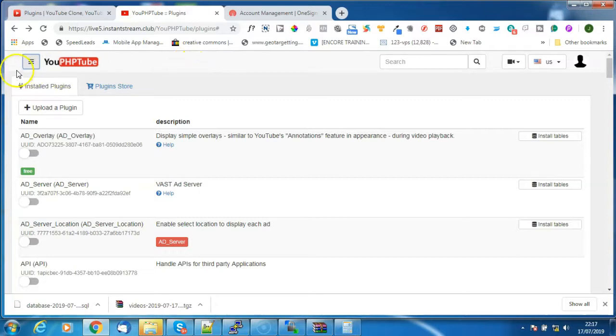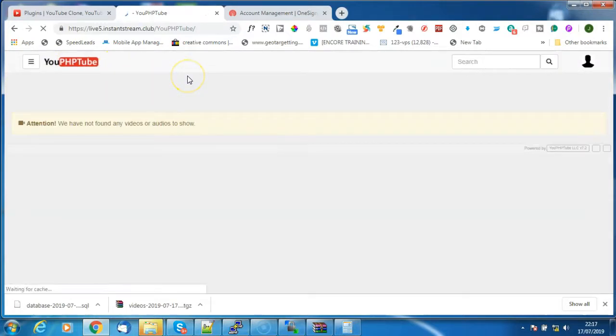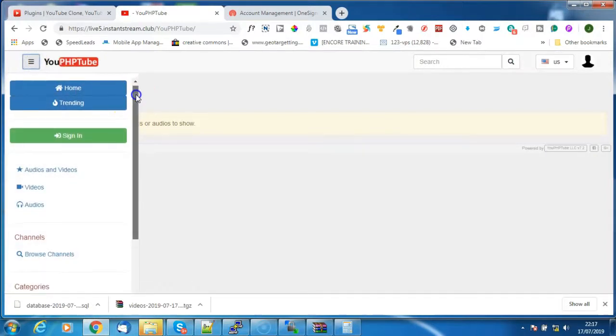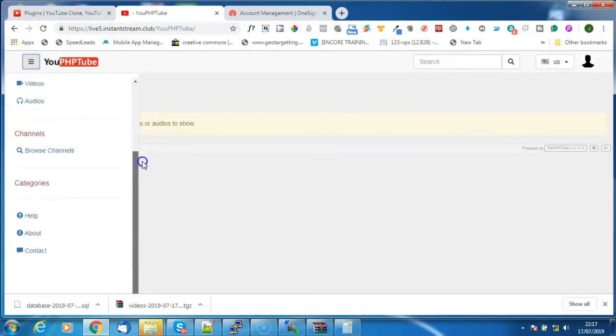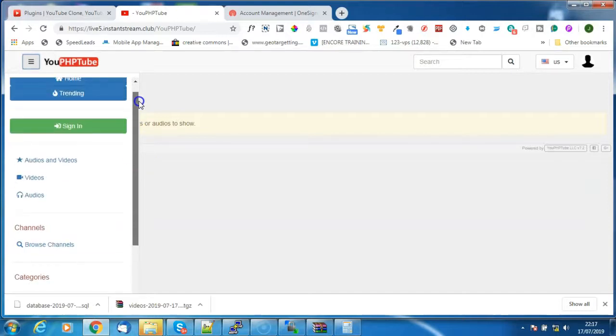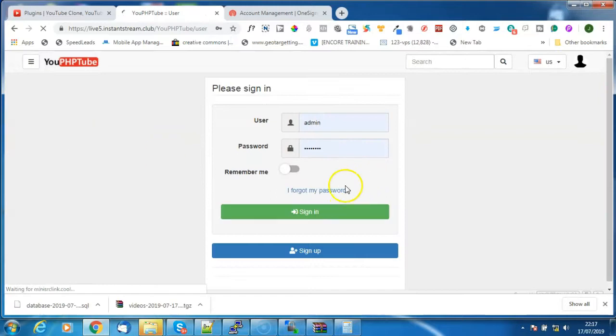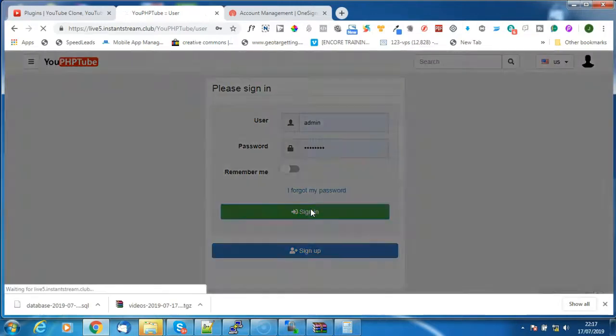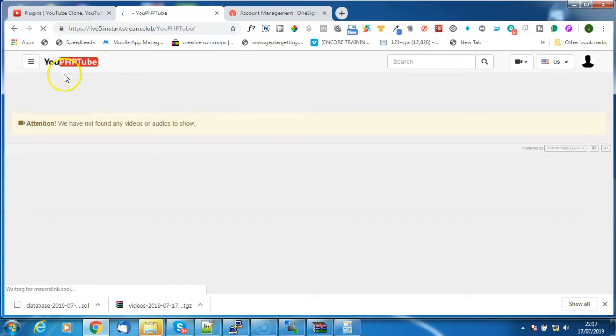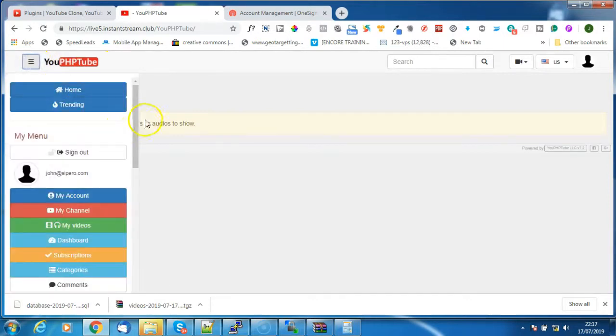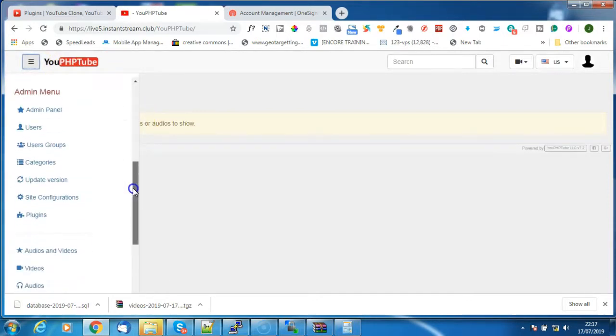and here we are. In fact, let's just go back to the home page a second, just in case you don't know how to get to your plugins. So all we do is click on there, scroll down towards the bottom. You must be signed in though, that's the key thing. Okay, so now I'm signed in, and if I scroll down I can find plugins,